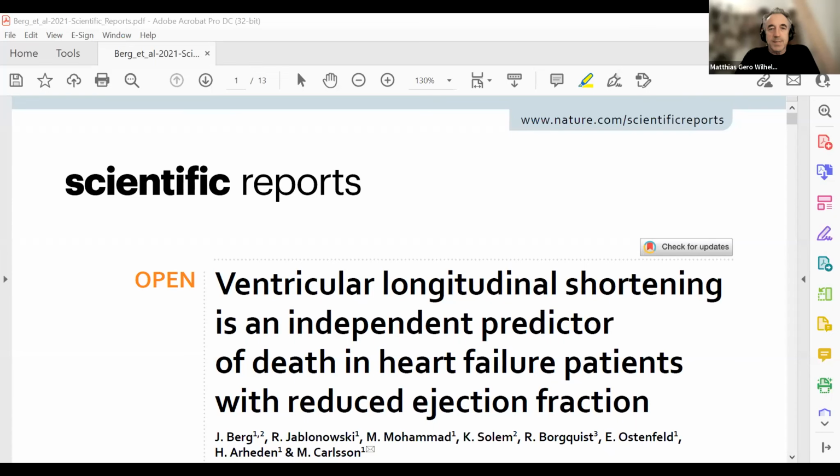So we'll start, and I stopped sharing my screen. We start now with Magnus Carlsson, who I welcome cordially to this journal club, who will present from Sweden their paper called the Ventricular Shortening